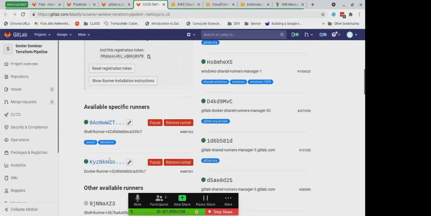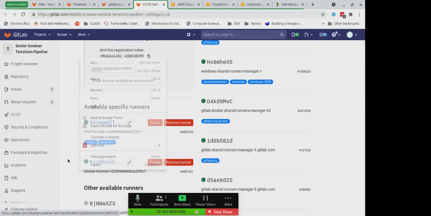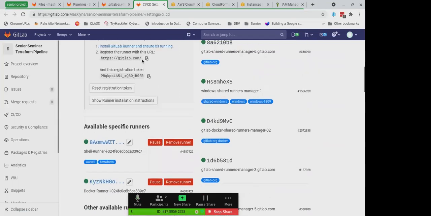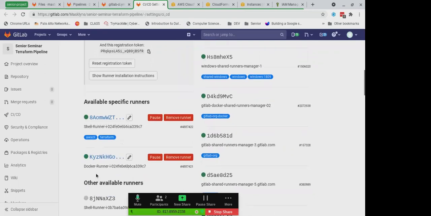These two instances that you see here have a token that I have provided to them, this token here, that has set up access to the shell runner and to this Docker that contains the GitLab runner sitting on AWS. And there's probably a better way to do it, but I found a